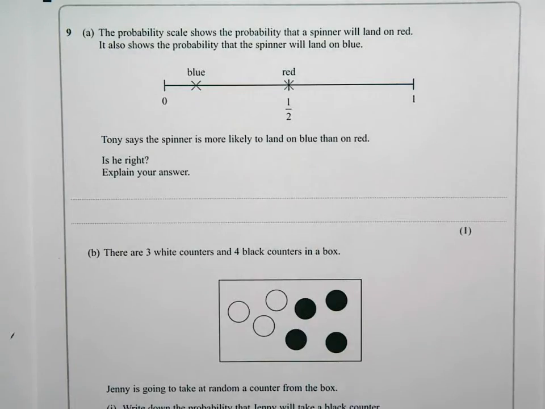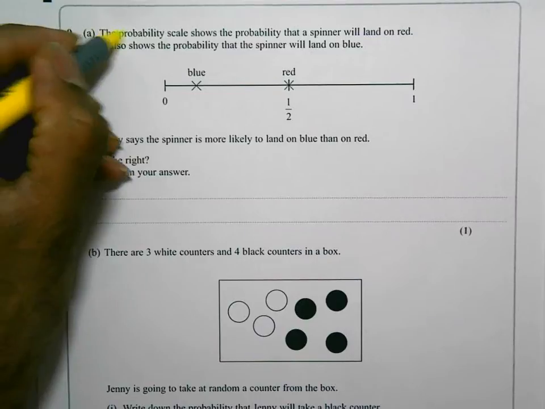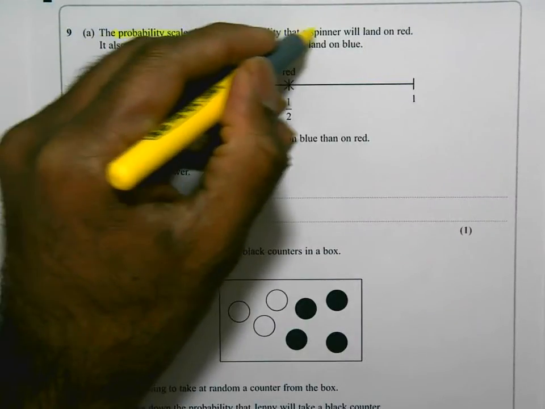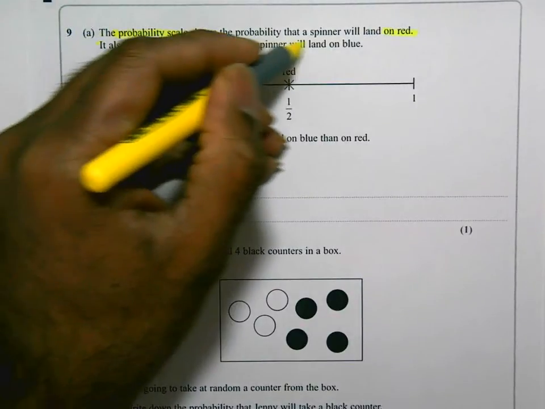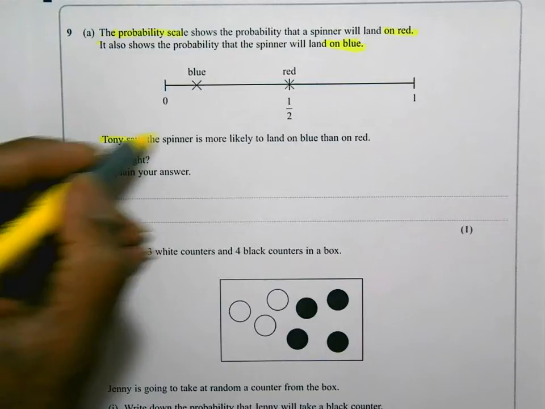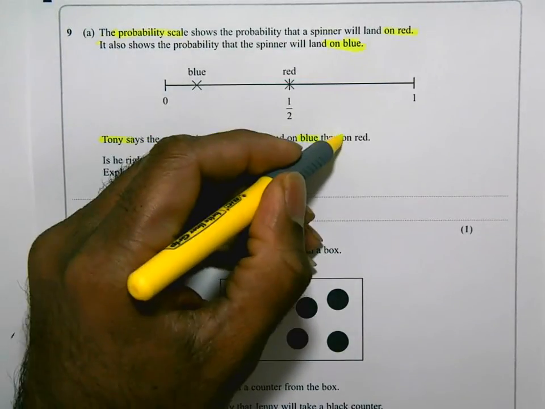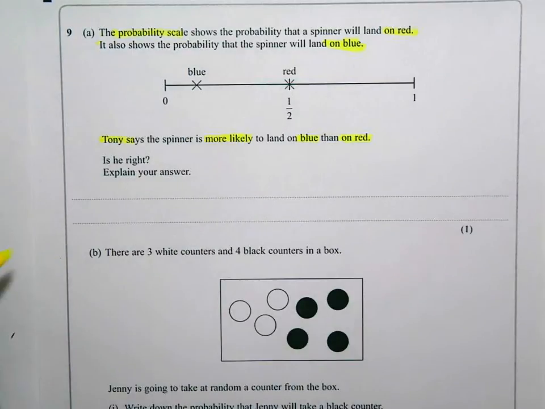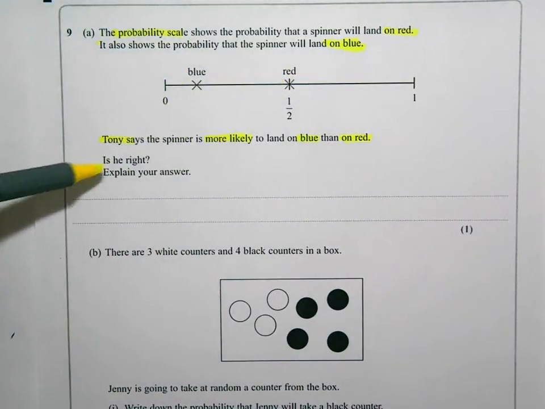This is question 9 on the November Foundation non-calculator paper. Reading through the question, it says the probability scale shows the probability that a spinner would land on red. It also shows the probability that the spinner would land on blue. Tony says the spinner is more likely to land on blue than it is to land on red. Is he right? Well,